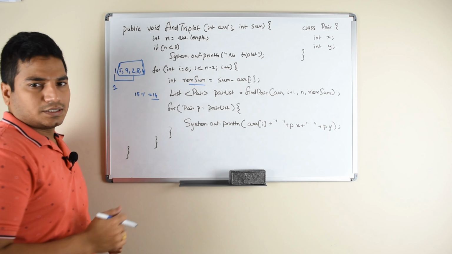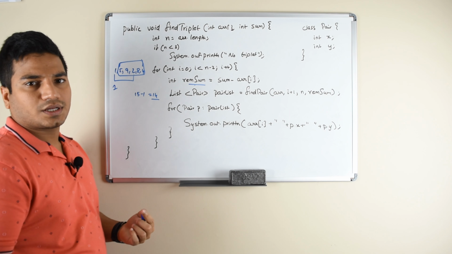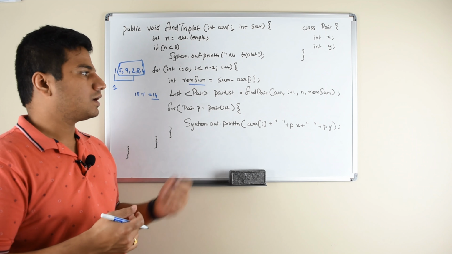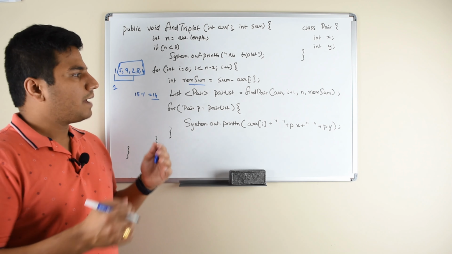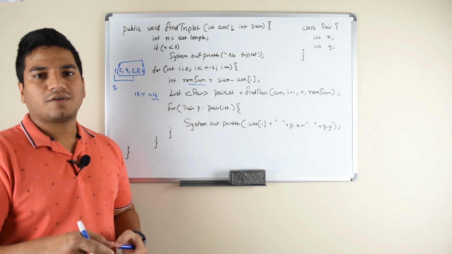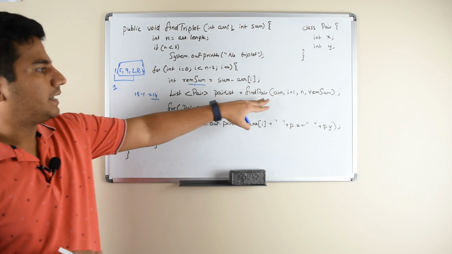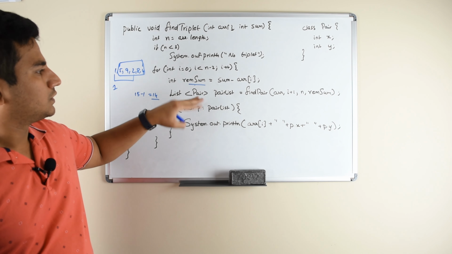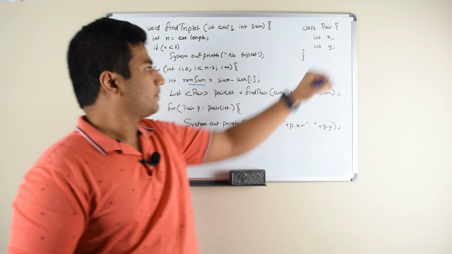What this find pair does is it takes this array and tries to find a pair in it using the hashing technique which we just mentioned. I don't want to elaborate on the hashing technique here because I already talked about it in the previous video. But I am dropping a complete solution for this approach in my blog, and you can find the link for the blog in the description below. So basically, it takes the array, tries to find a pair, and returns a list of the pairs. So what is a pair? A pair is nothing but a class of two elements, x and y.